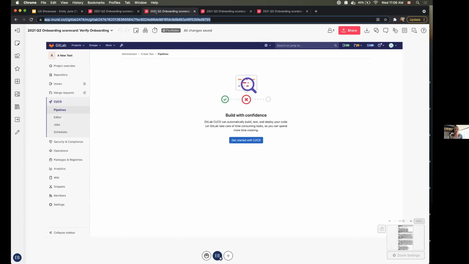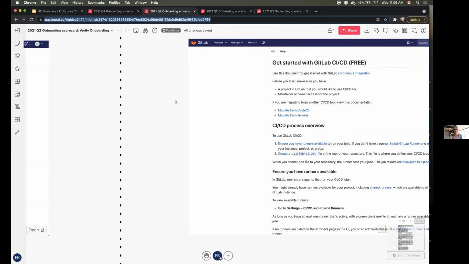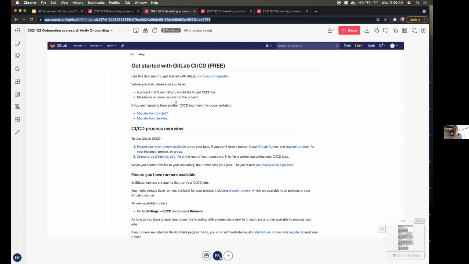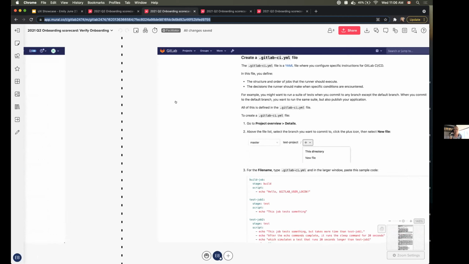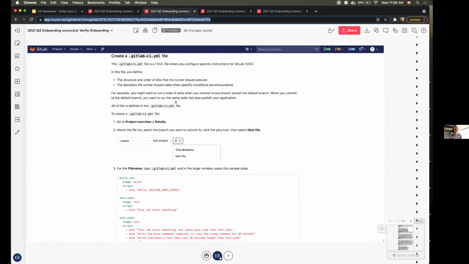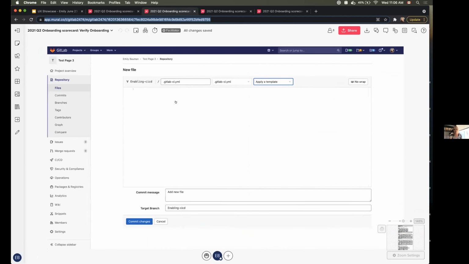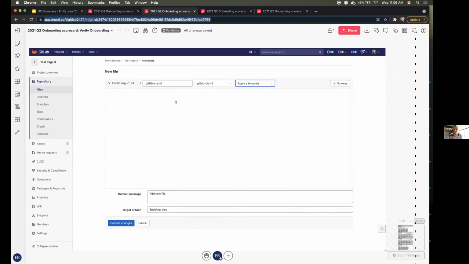The second one is the entry point through the CI/CD empty state. This is where you can click to get started with CI/CD. And this one sends you straight into the docs. So this one is a lot more manual. You have to read through the CI/CD process, how to get started, and navigate through the docs to find this getting started template page where you can copy and paste this into a new file. So this is where you would go here, paste in your code,